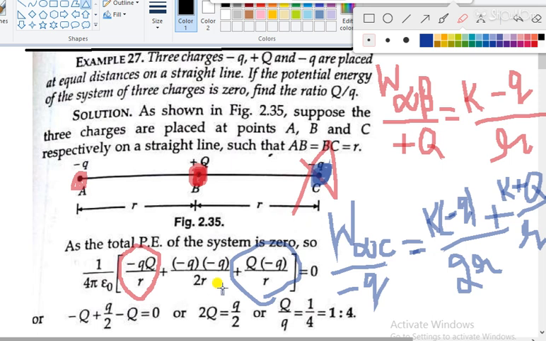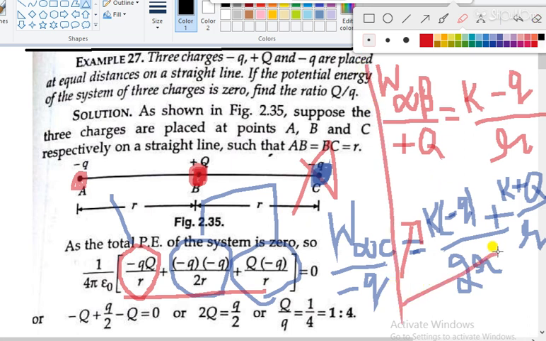Why are these three terms written here? Now it is clear to you. This is the work done from infinity to b, and this is the work done from infinity to c while moving the charge minus q from infinity to c. Minus q will multiply with this, and you will get this final term. I have not written the value of k, which is 1 by 4 pi epsilon naught. Now I am clearing the right hand side that I have written. I hope this is clear.